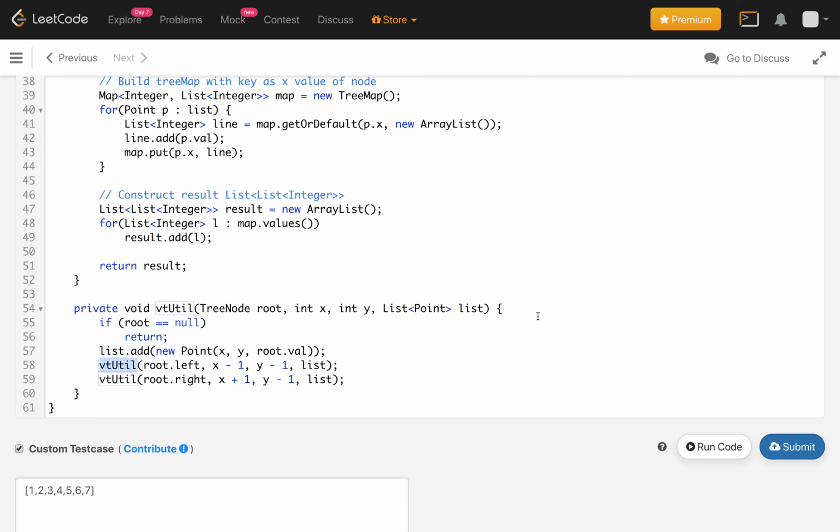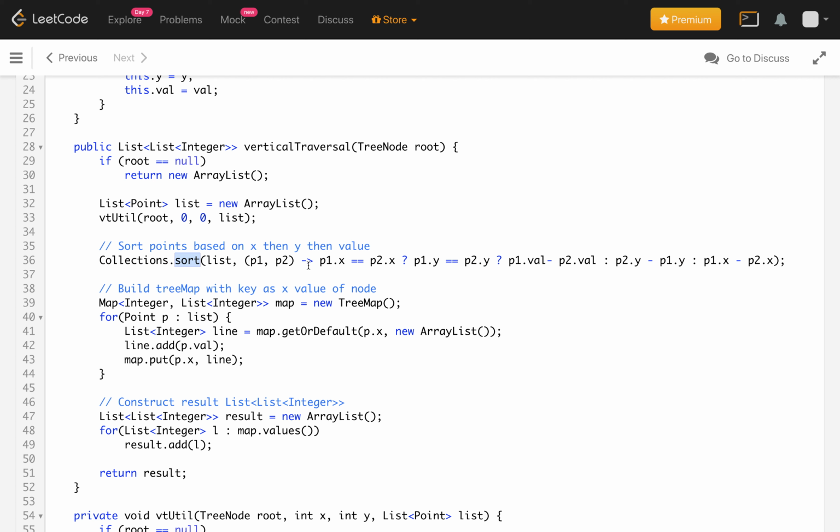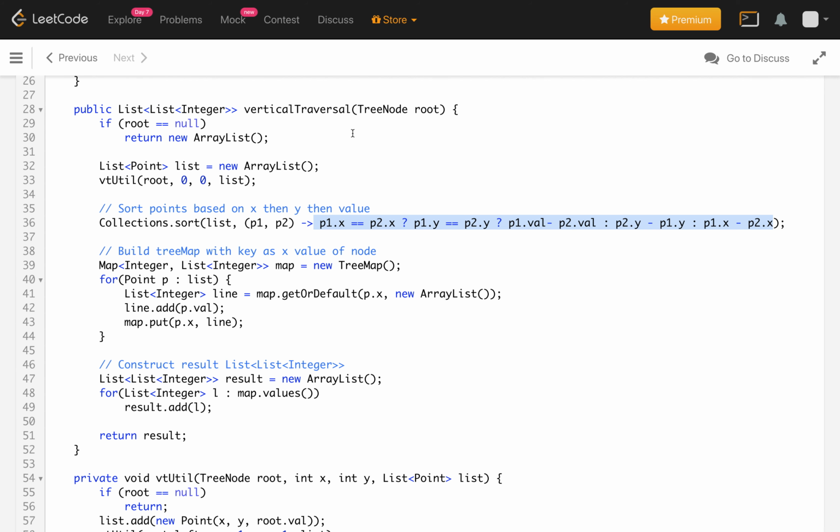So this will create a list of all the nodes, and once we have the list, we do the sort as explained, using the custom sorting in the same way with a lambda. Once sorted, we build the map with the x coordinate as the key and the list of integers as the value, where all the nodes which lie on the same x coordinate follow the order of decreasing y coordinate, top to bottom, and if two nodes have the same value, that is already taken care of in our comparator.